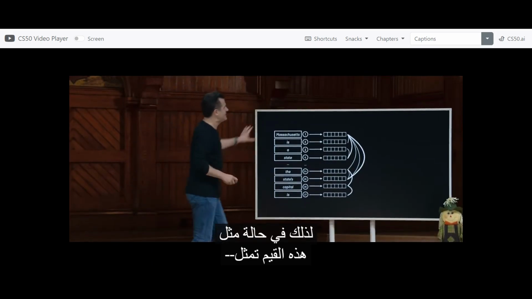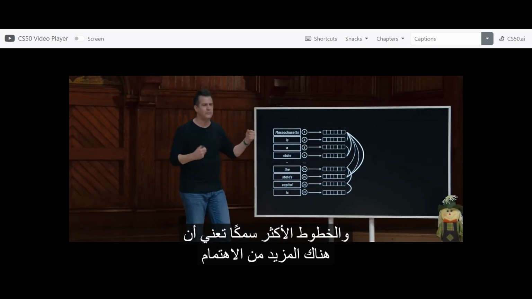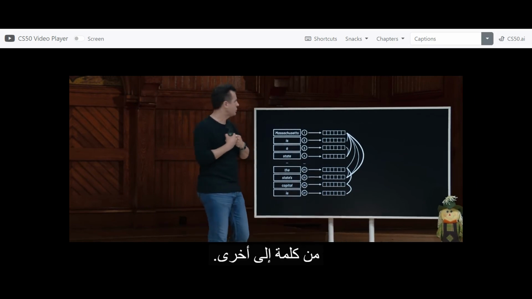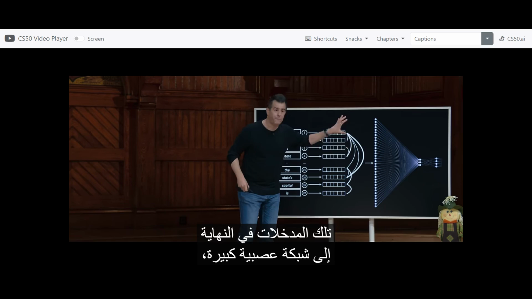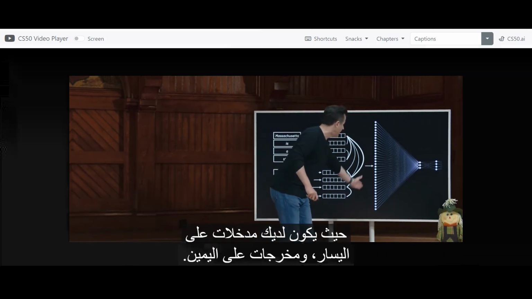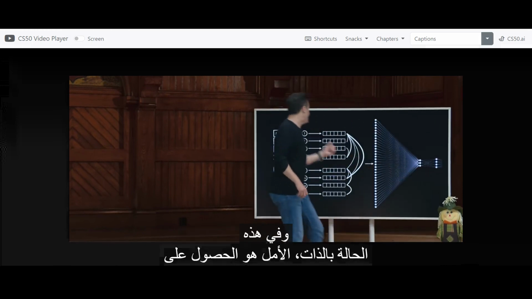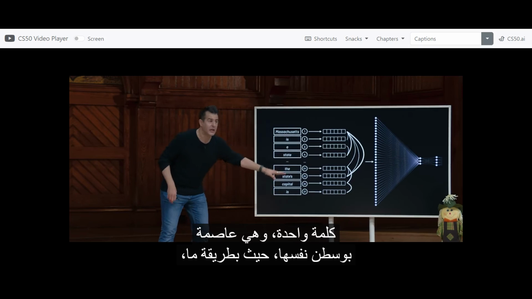So in a case like this, these lines represent all of those attention values, and thicker lines means there's more attention given from one word to another. Thinner lines mean the opposite. And those inputs are ultimately fed into a large neural network where you have inputs on the left, outputs on the right. And in this particular case, the hope is to get out a single word,